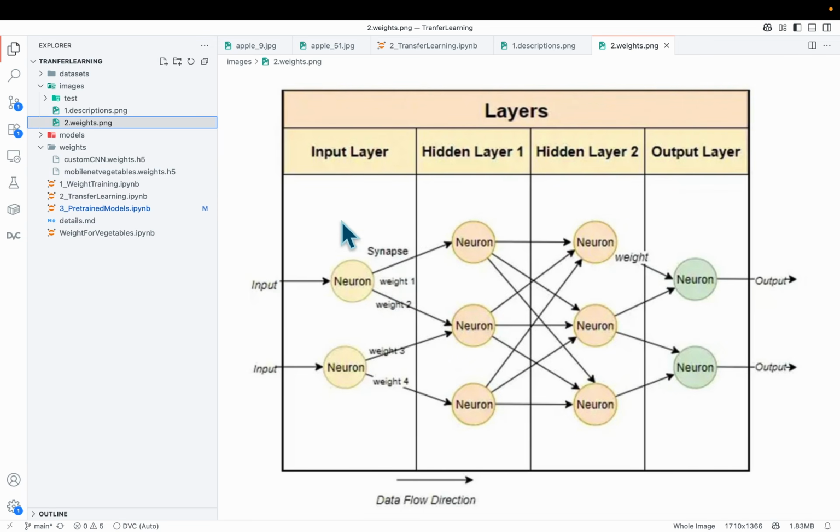So if the input, for example, this is your one image, and that one image was a cat, it will maybe hit these different lines all the way to here. Let's say this was the cat output, and if it was a dog, maybe it would hit these different lines so that it would be a dog output. So the weights describe how heavy those lines are so that you can create that pattern to be able to go to that output. And technically, if you don't have enough images, you may not be able to create the